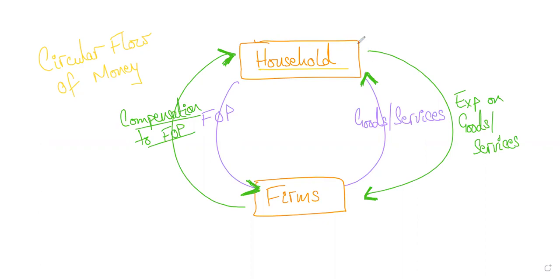Excellent. Households also buy the goods from the firms, right? So households pay the firms, and that is known as EXP, meaning expenditure on goods and services. Is everyone clear on this? So the green arrows are showing you the flow of money, and this internal purple one is showing you how the real products are moving, right? So it was this way, and this was also this way. Easy, simple. Is everyone clear on this?